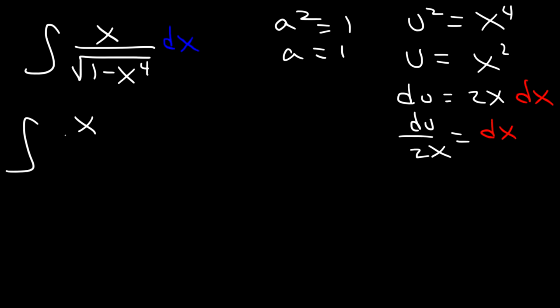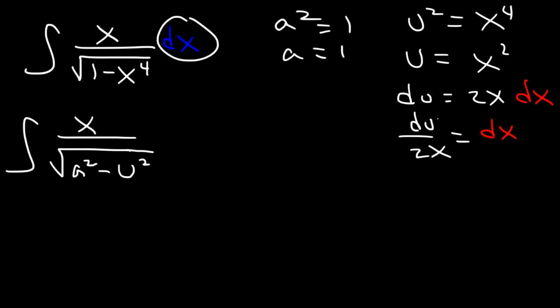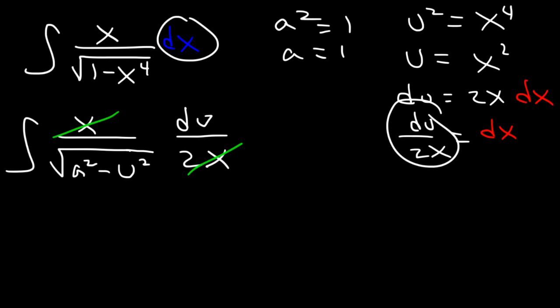So let's leave the x on top. Let's replace 1 with a squared, and x to the 4th with u squared, and then dx with du over 2x. So fortunately, the x variable will cancel. And let's take this 2, let's move it to the front. So it's going to be 1/2 in the front. Integration du